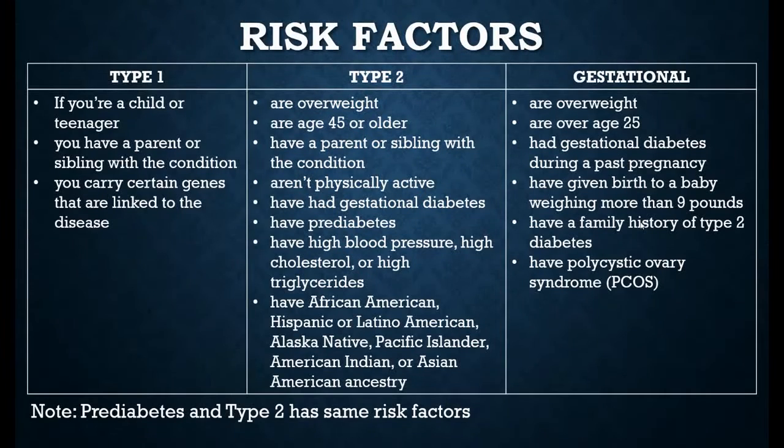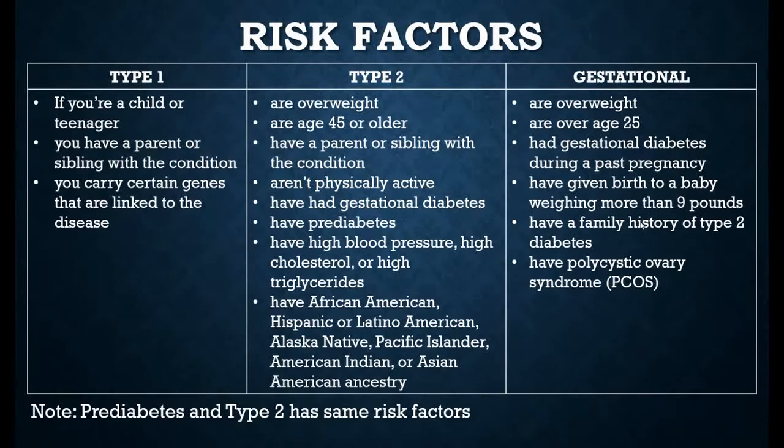If we talk about risk factors, type 1 has risk factors like being a child or teenager, when your parents have this condition, or when you carry the genes that are linked to the disease. Again, type 2 and pre-diabetes have similar risk factors: being overweight, being older than 45, having parents with the condition, being physically inactive, having had gestational diabetes or pre-diabetes, or having conditions like high blood pressure, high cholesterol, high triglycerides, or belonging to a community like African American, Hispanic, Latino American, Alaska Native, Pacific Islander, American Indian, or